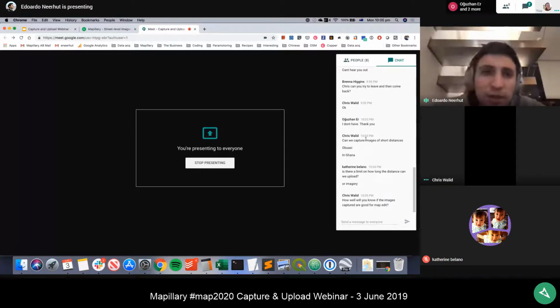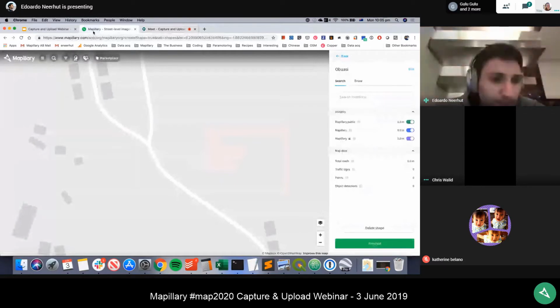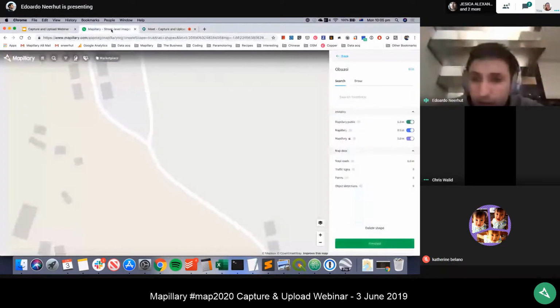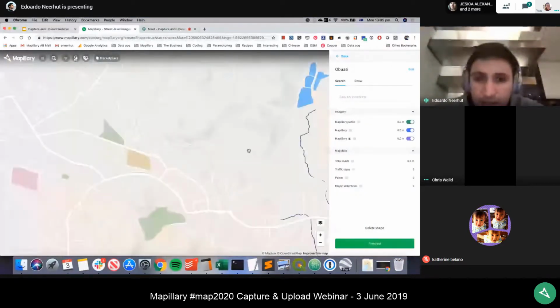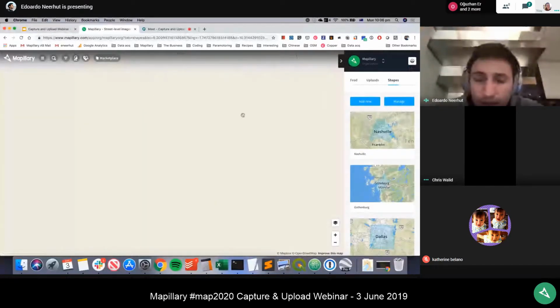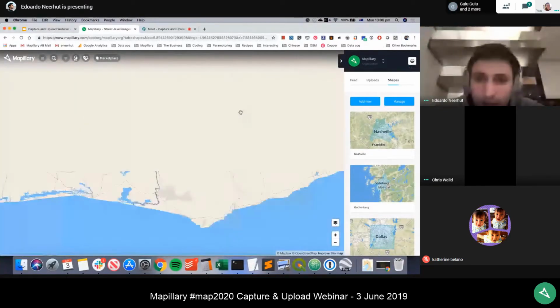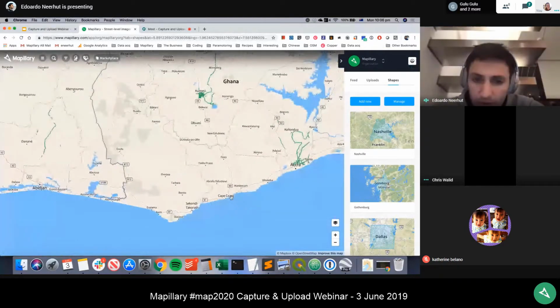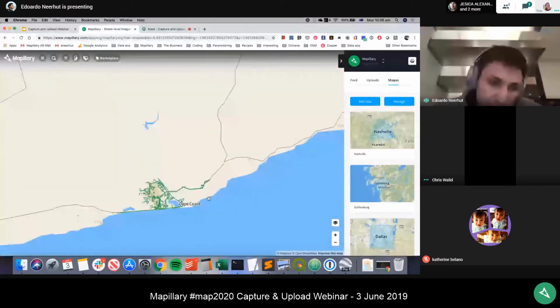So you'll know if they're good for map editing if they meet some of the conditions I outlined here. And as they come in, you can also have a look. We're going to have another webinar in 2 weeks to show you the map editing workflow. Let's say we'll go to Cape Coast in Ghana, because there's quite a bit of imagery there from the YouthMappers chapter.